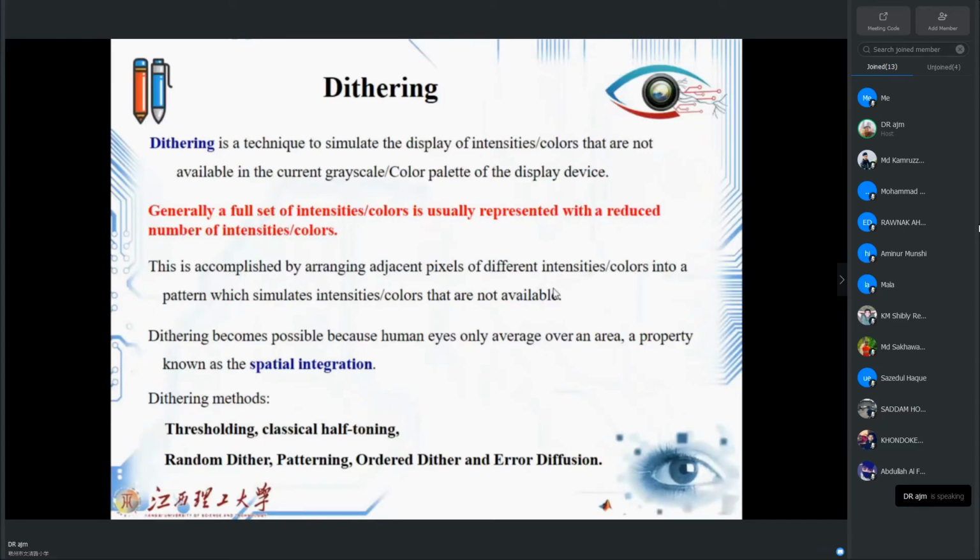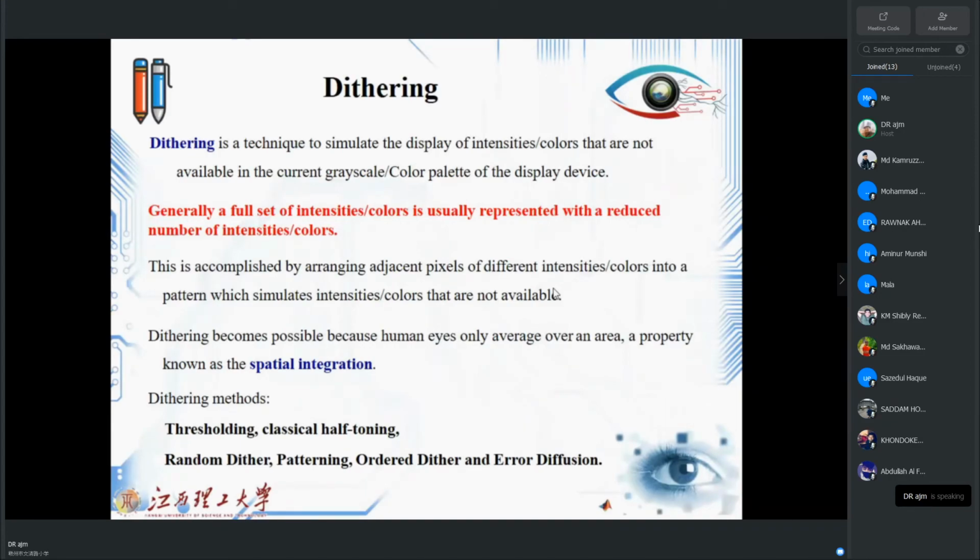Generally, the full set of colors is usually represented with a reduced number of intensities. This is accomplished by arranging adjacent pixels of different colors into a pattern, which simulates the colors that